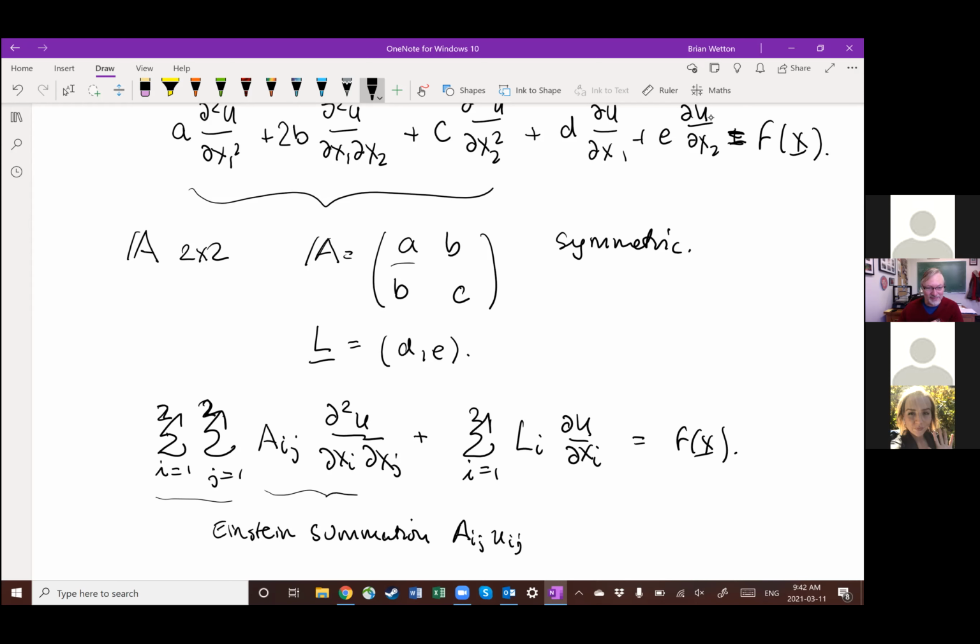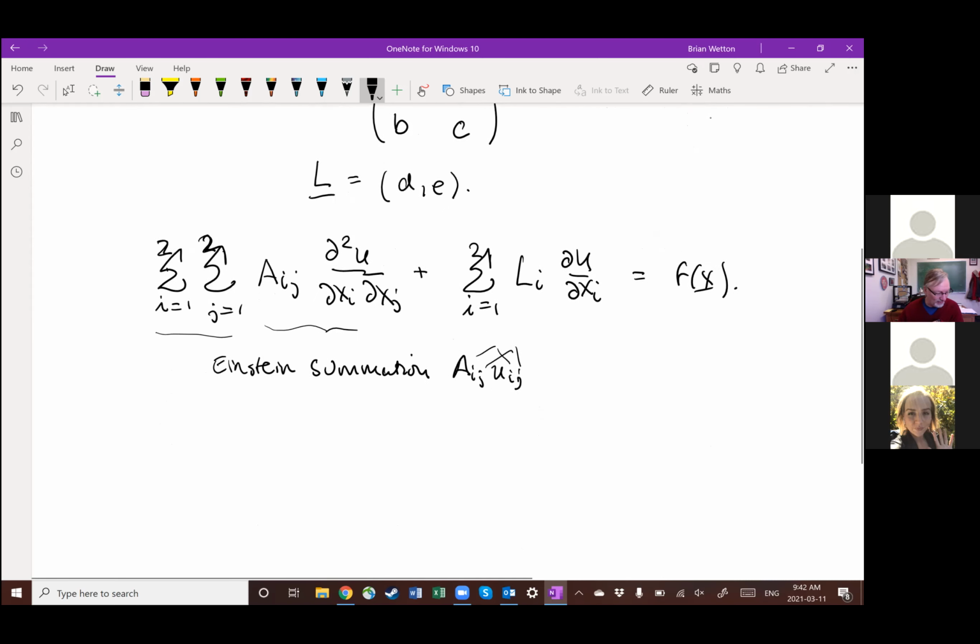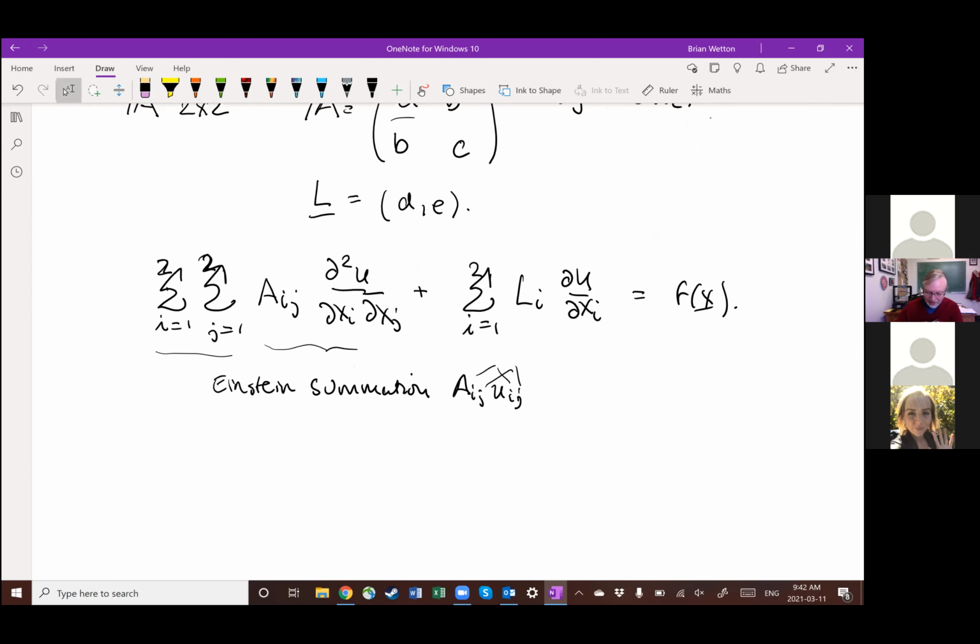And you don't write the sums in Einstein summation notation. Every time there's a repeated index, then you know you're supposed to sum over it. If you haven't seen that before, let's not worry about it. Okay, so I've written it in a form that doesn't make it look like it's any easier. But let's go on to an